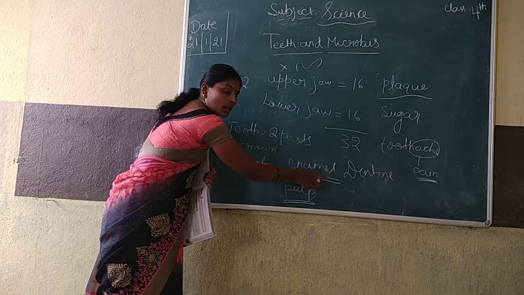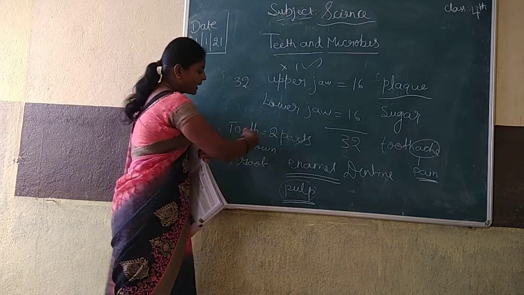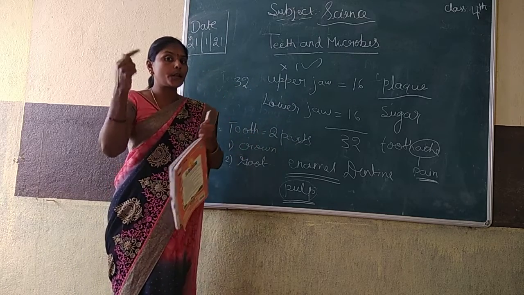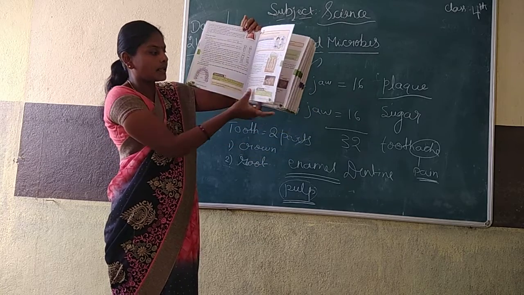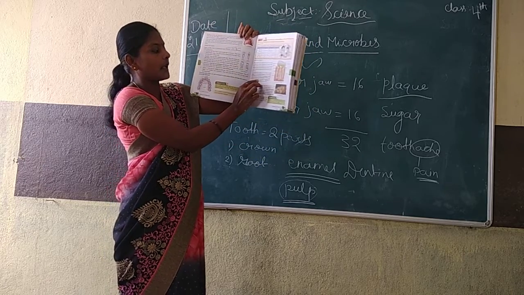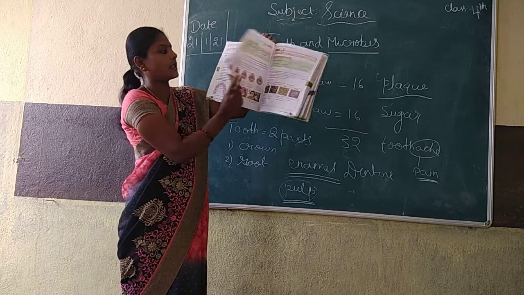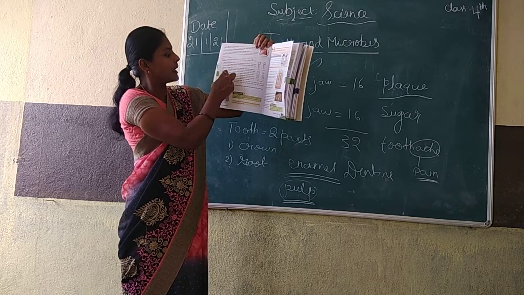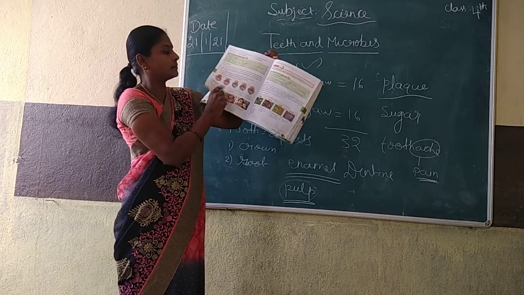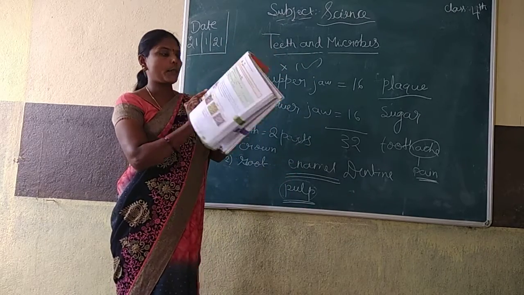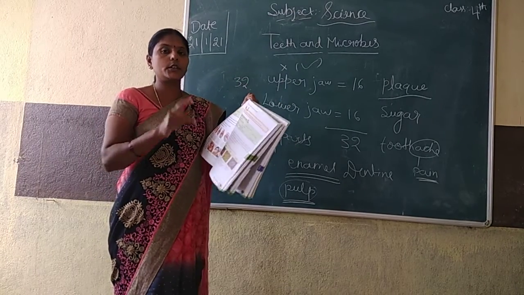What did I tell you? You should not just repeat what I say. You should understand and tell. Pulp. What is the center of the teeth? See in this page, here pulp is there, no? See, pulp. About this there is information here. You get the first answer from these lines. Second one, pulp, here. I told you enamel, but you should not write that answer. Pulp. I am testing only you.